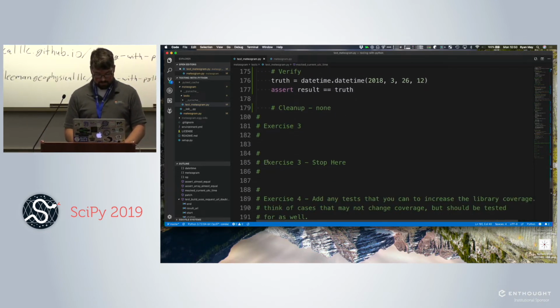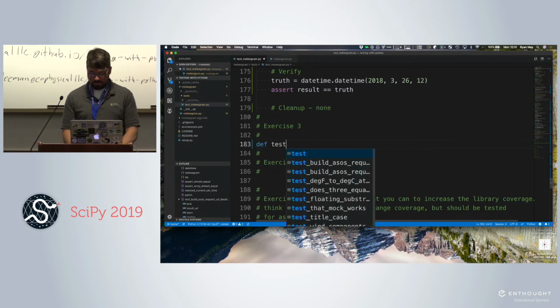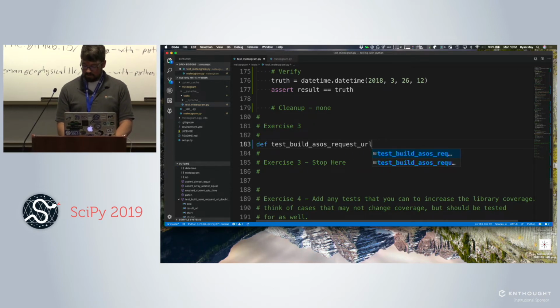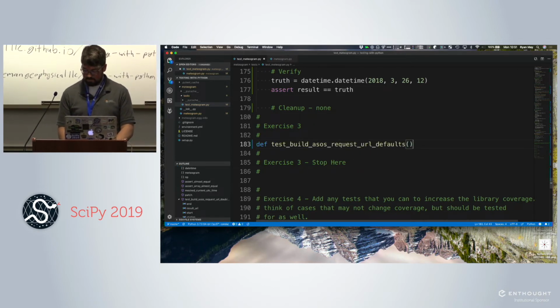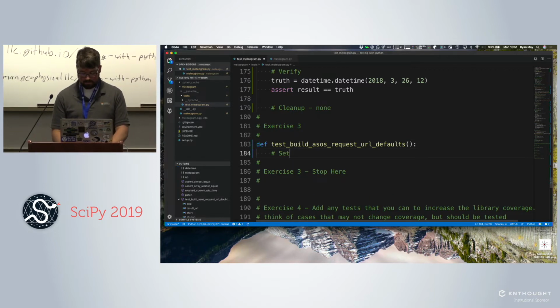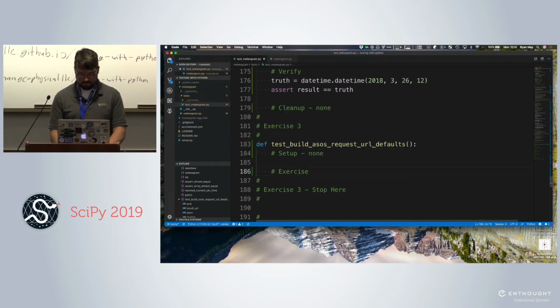Okay, so we are in the exercise. I'll put the patch on last. So test build ASOS request URL defaults. Setup, don't have any this time. Exercise, so the URL is mediogram dot build ASOS request URL.